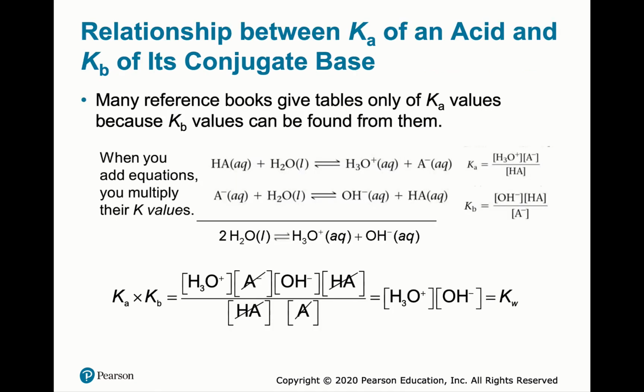And the relation between Ka and Kb: Ka times Kb equals Kw. This is for an acid and its conjugate base, or a base and its conjugate acid. So if you want to know the value of the other, you can get it by multiplying them together to form Kw. And this is at 25 degrees Celsius. Of course, this is still the same relationship for non-standard conditions, not 25 degrees Celsius, but then the Kw value changes.